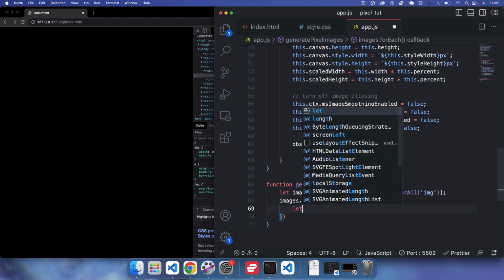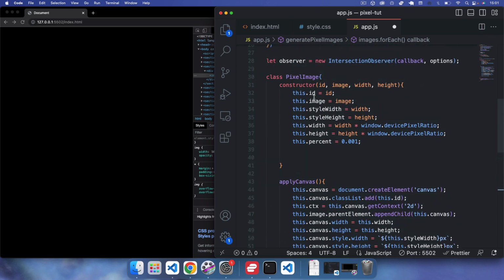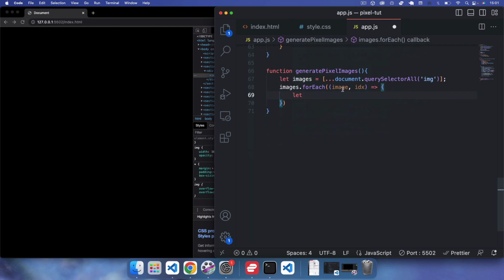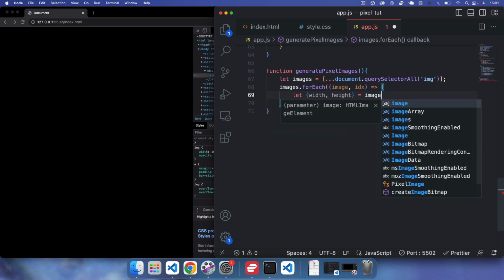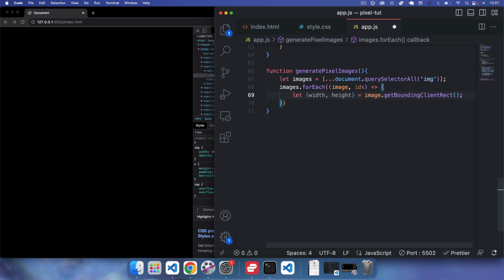First we need to destructure the width and the height of each image, because we're going to create this new class instance, and we need to get those width and height elements. So we'll say let width, height equal image.getBoundingClientRect,